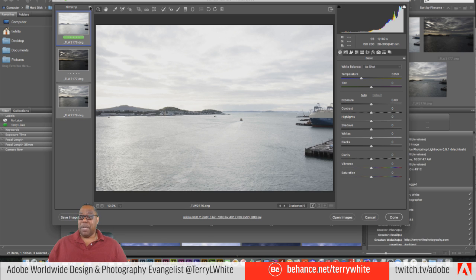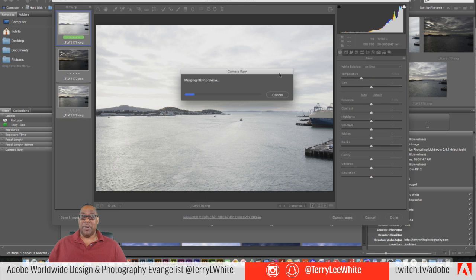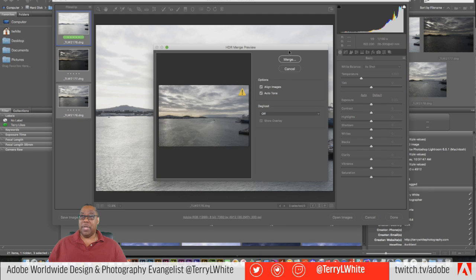All right, so for example, I select those three files. Did I select them all? Yes, I did. And I go to the flyout menu, and just like I said before, even the Merge to HDR, which would be in Camera Raw and in Lightroom, is here. So if I do the Merge to HDR, it creates the preview. And then it will,